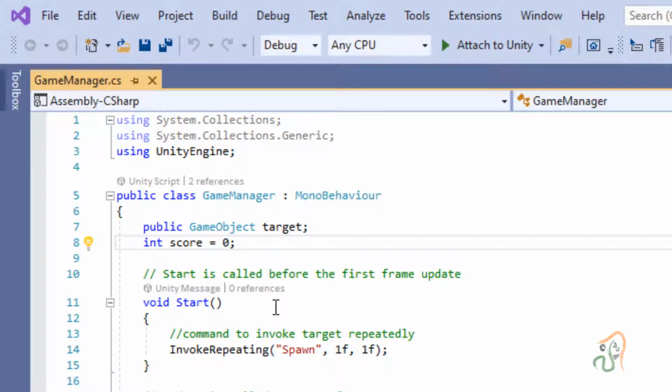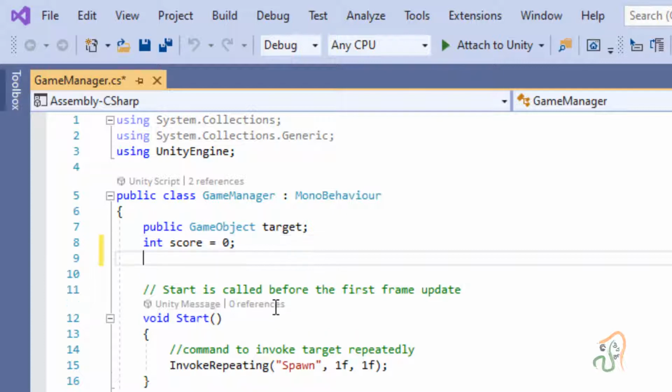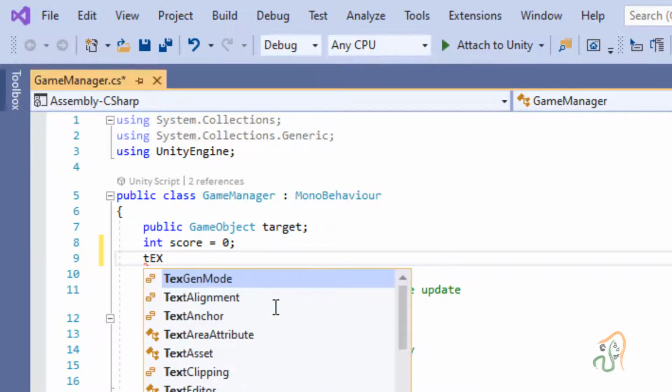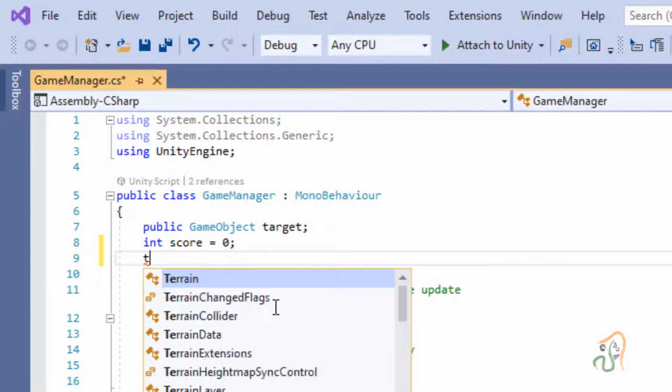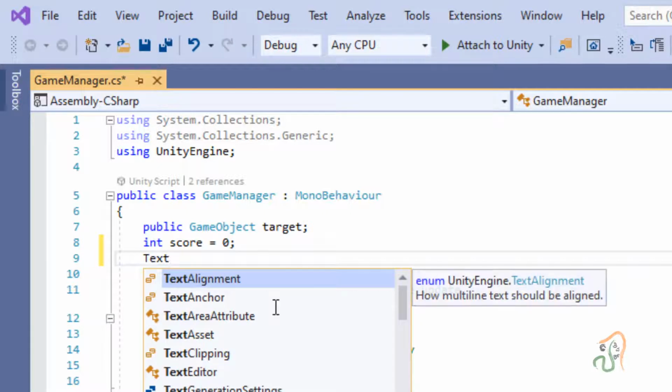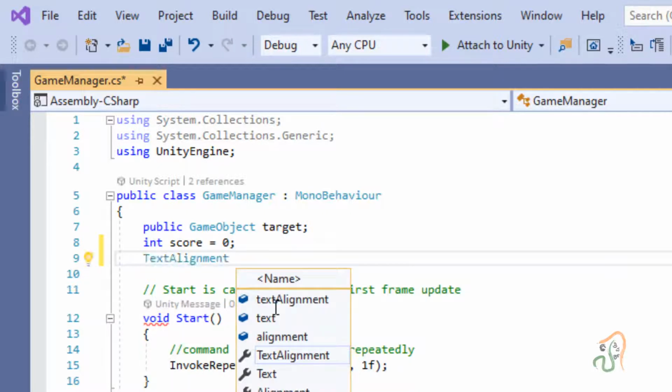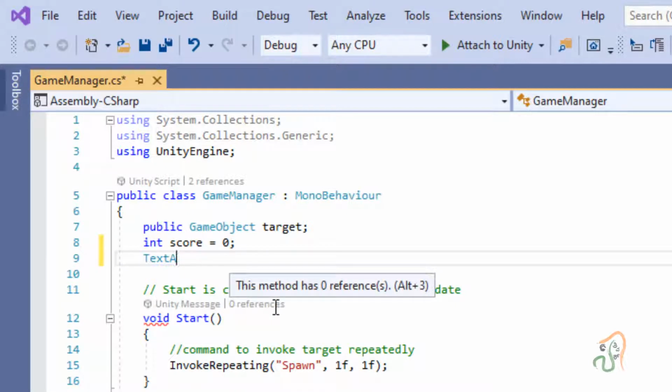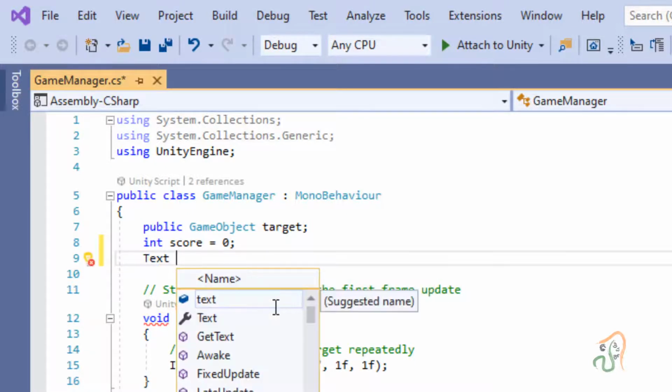For the text object we are going to create another variable. Press enter here and type text, T is capital. After text press space. It is taking it as text alignment, so leave it. After text, space, then give it a name.